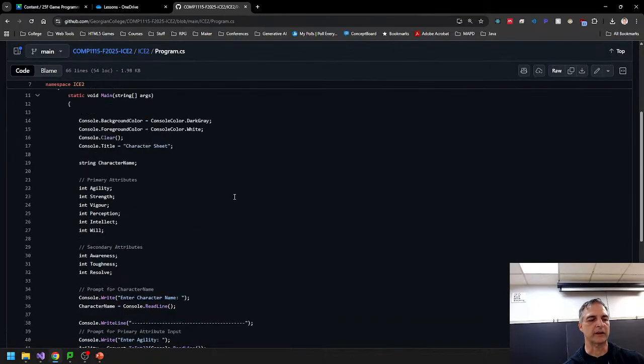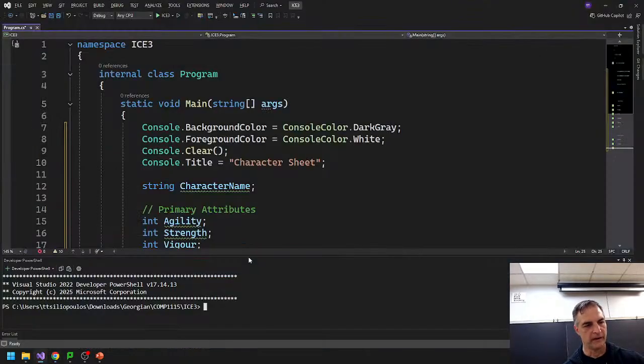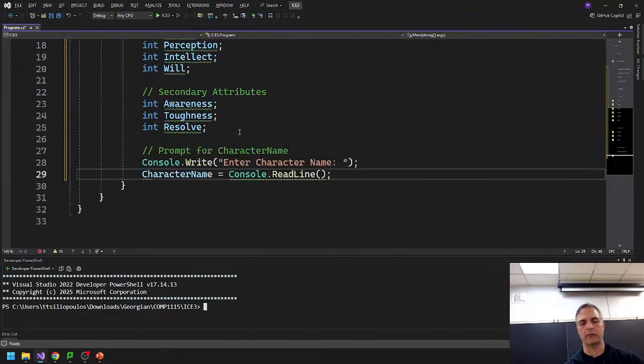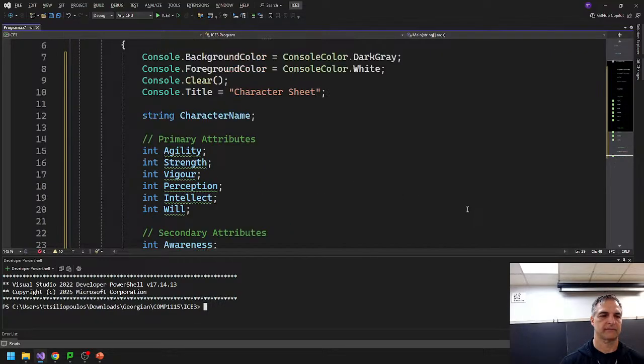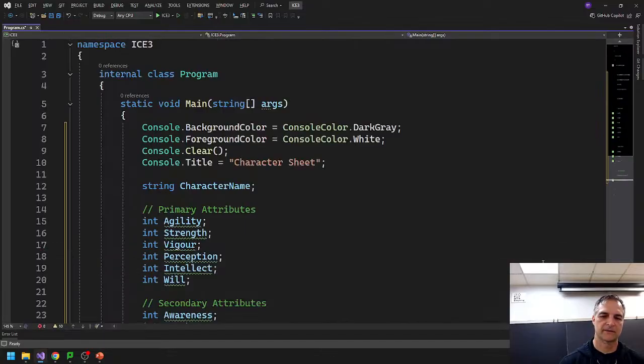So this is helpful because I can certainly just copy paste. So I copied most of it, and I'm going to even copy up to here where I prompt the character for their name. Okay, up to this point. There we go. And then we're kind of where we were last week, right? Except when we output the character sheet, which we'll do as well. All right, so that's kind of where we are. So you guys should be here with me. Again, all I did was copy paste from my GitHub